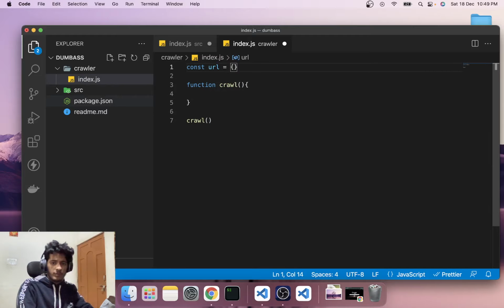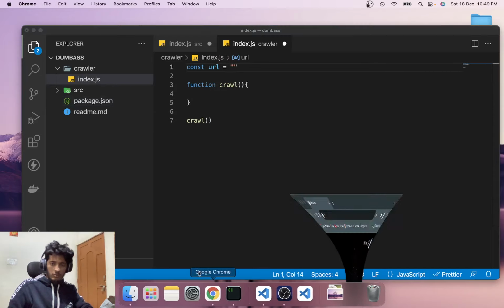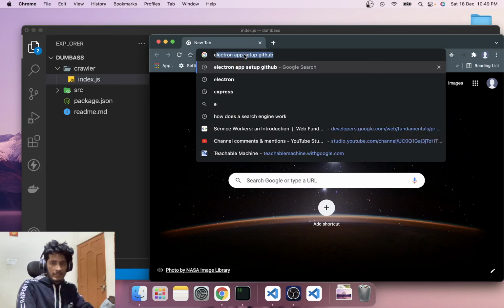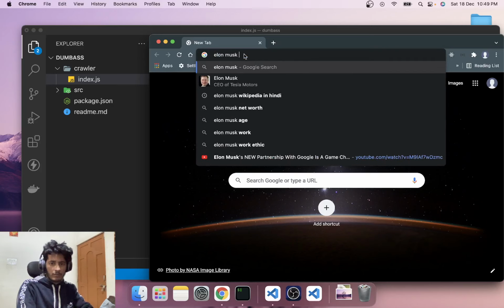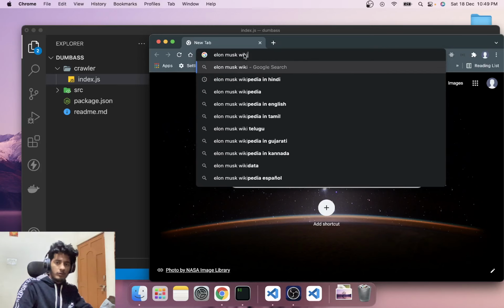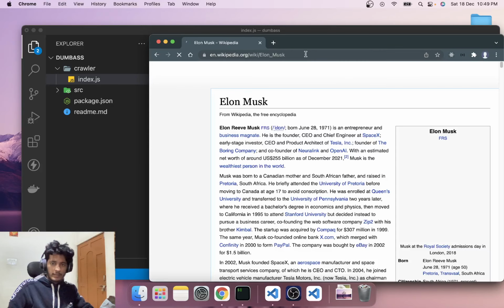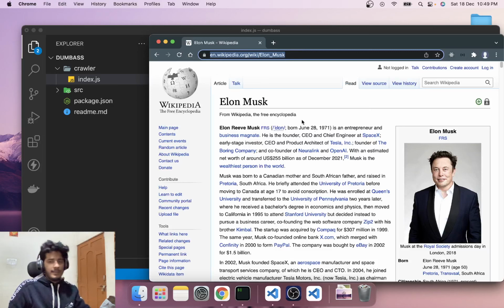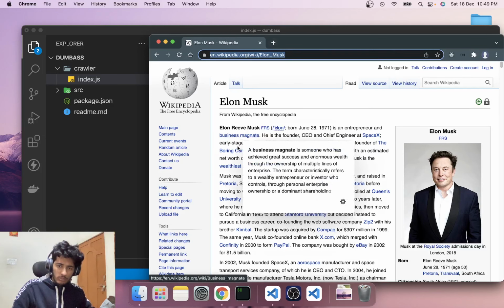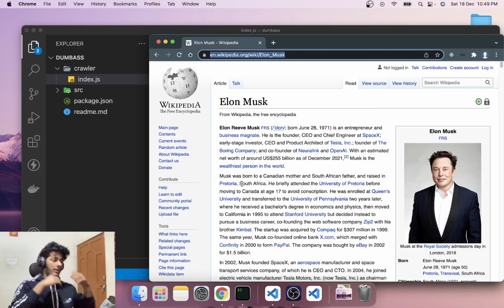Let's start with the Elon Musk Wikipedia page, whatever the Wikipedia page about him is. The idea is to go link by link. So we will crawl this page, then go to this link, then this link, and we'll be creating a